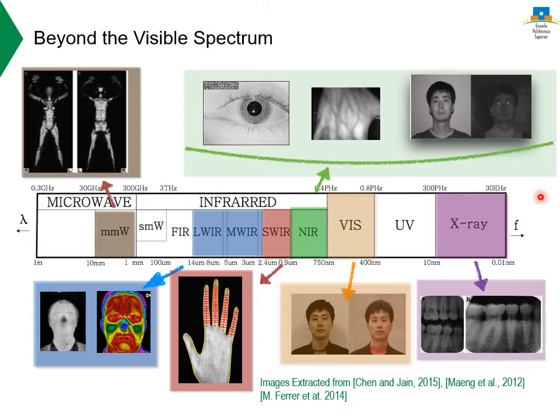Also, we can see many research papers working with images outside the visible spectrum, so with infrared images, thermal images, and images captured at the different ranges of the electromagnetic spectrum. So from X-ray, the highest frequency, X-ray can be used, for example, for dental biometrics. So these dental radiographies can be used to characterize people based on that, and this has some applications,